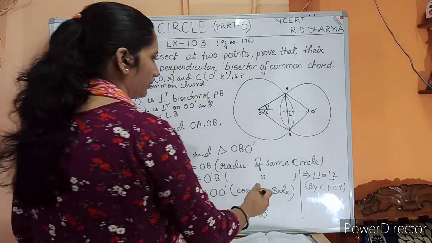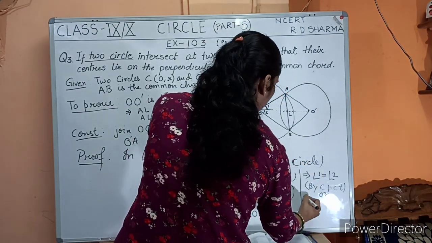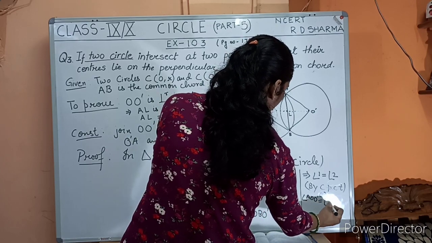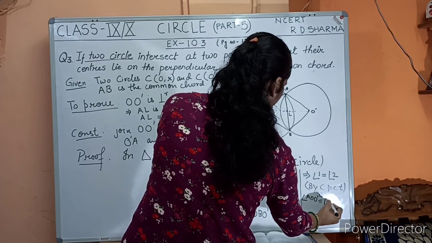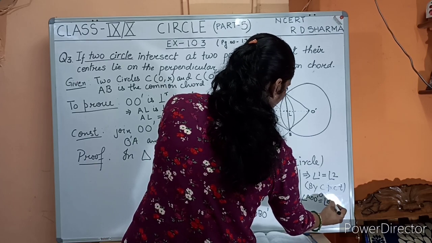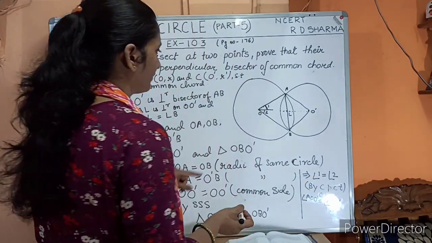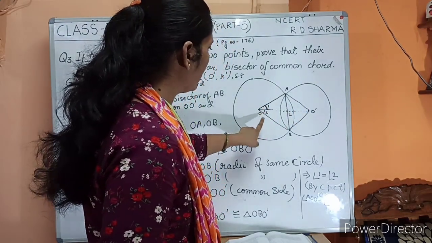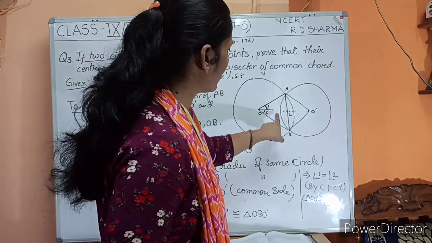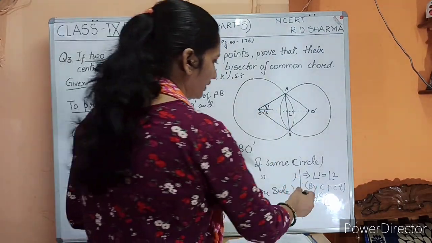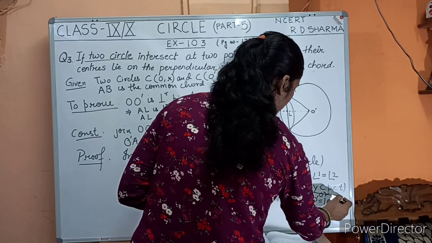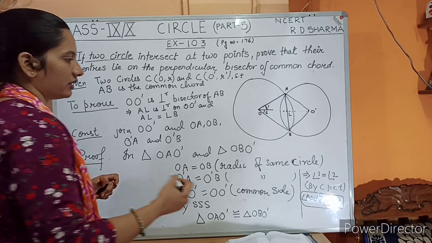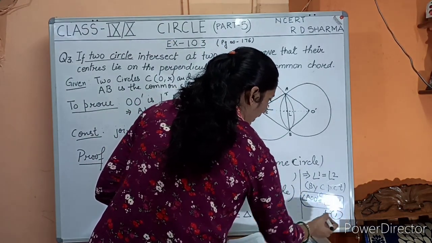Okay, fine. And here you may write angle AOO dash must be equal to angle BOO dash. ये दोनों same चीज है. Angle 1 is equal to angle 2 लिखो, या angle AOO dash is equal to angle BOO dash, this one. So that must be the same. This we are going to use in the further proof of this theorem. So just keep it aside, mark it as number one.